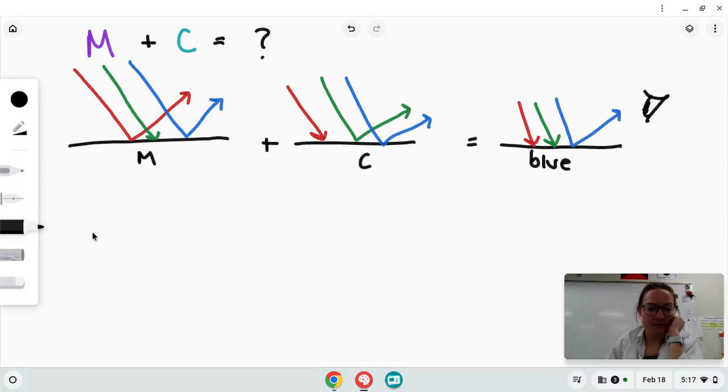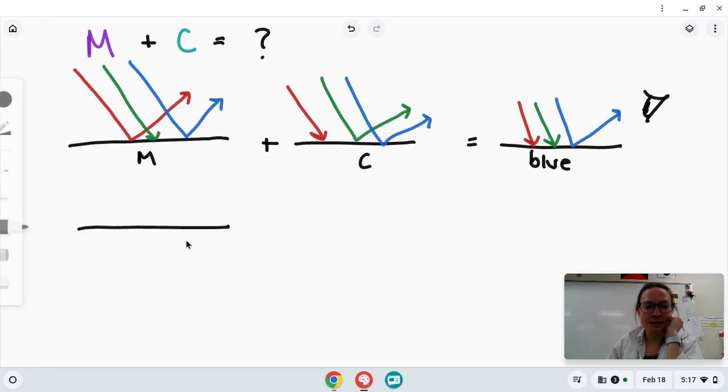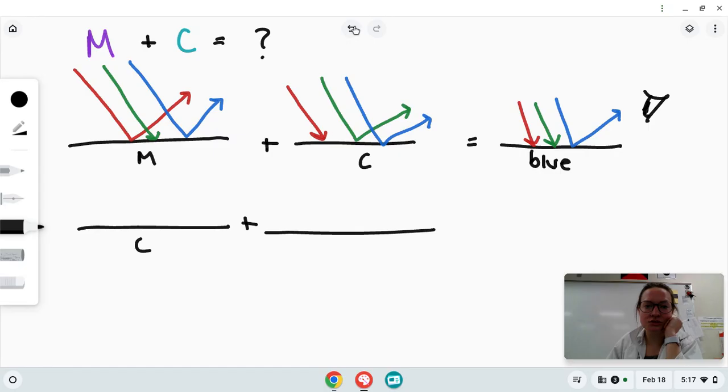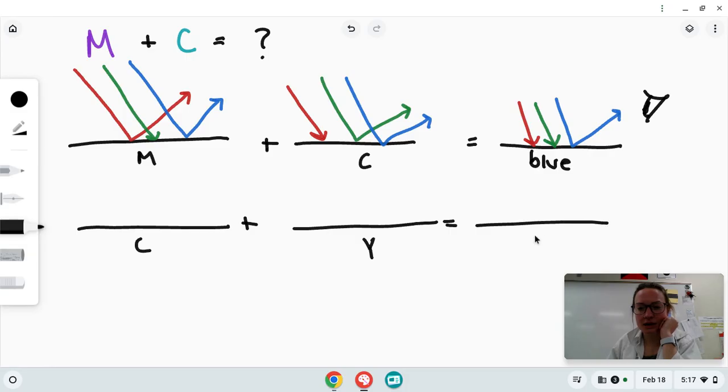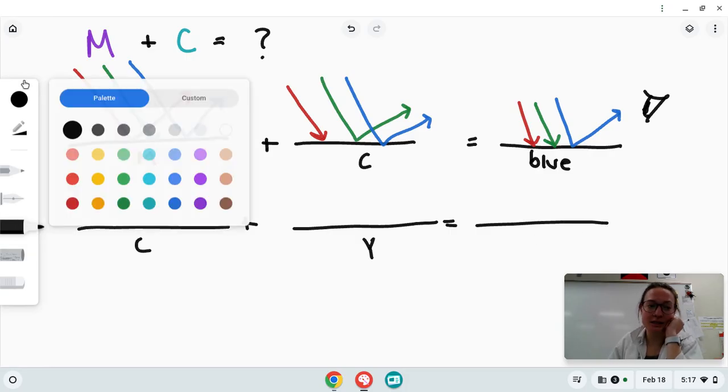Let's try another one. This time, let's see what happens if we add cyan and yellow together. If we add cyan and yellow, we want to know what color we are going to get. Well, I'm going to start with cyan. I know that cyan is a good